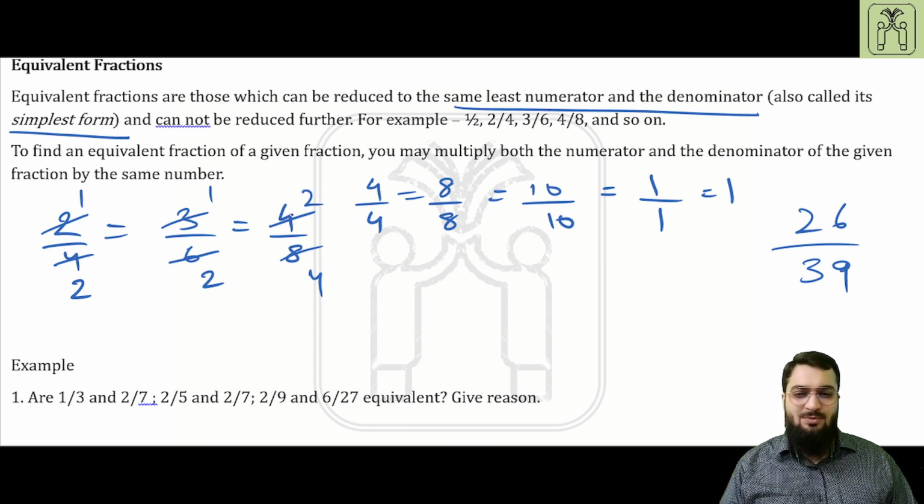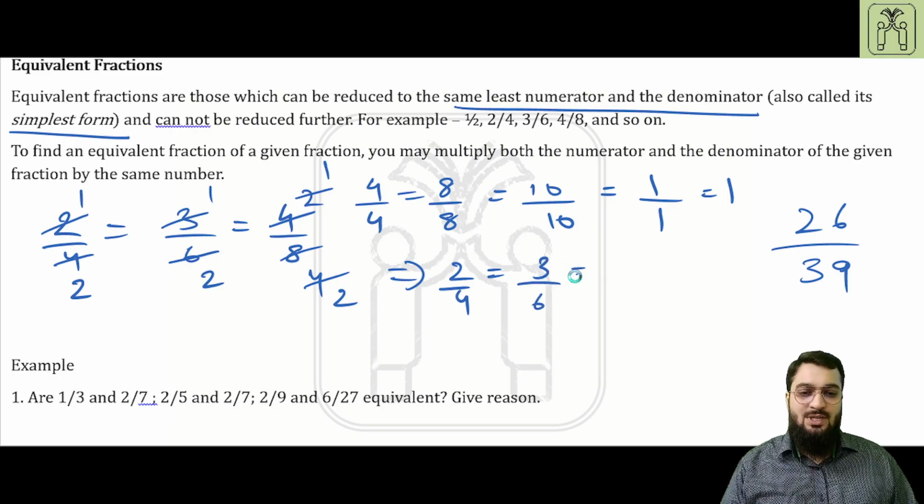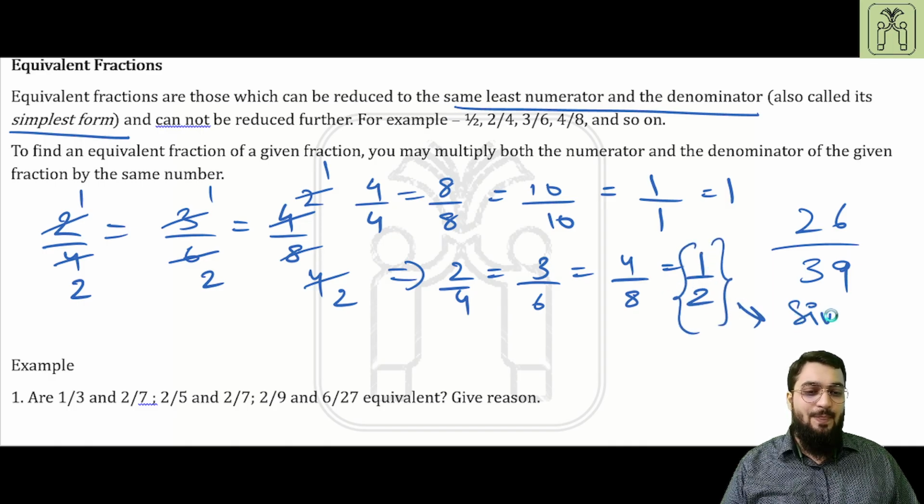So 2 times 4 and 4 times 8. Again we will simplify it. The common factor is 2, this will be 1 times and this will be 2 times. So this implies that 2 upon 4 is equal to 3 upon 6 is equal to 4 upon 8 is equal to 1 upon 2, where 1 upon 2 is known as the simplest form,